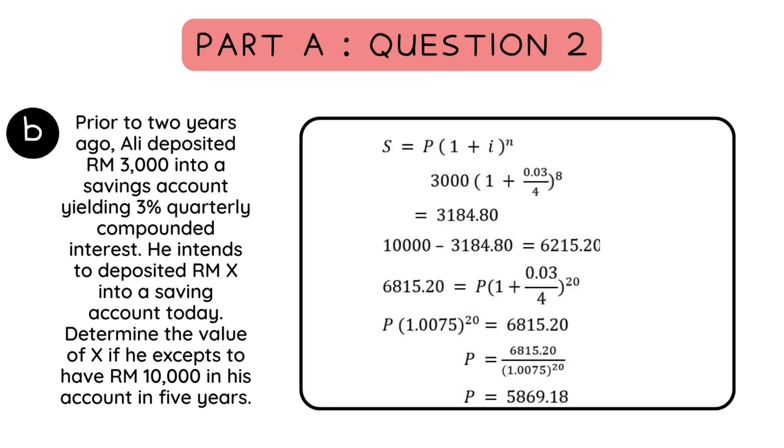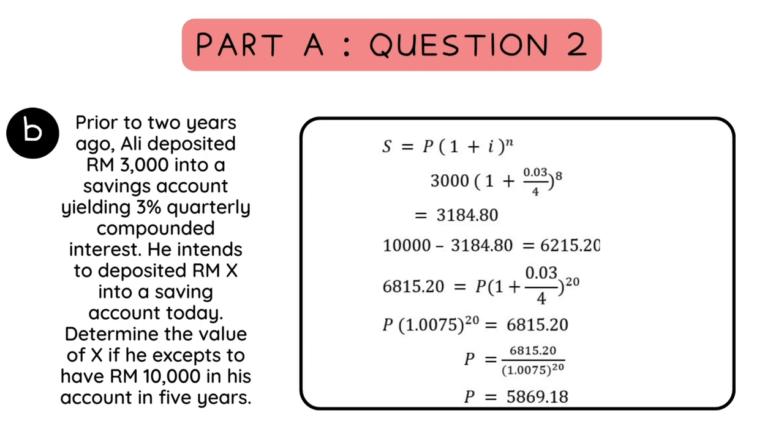And the answer is 3,000 open bracket 1 plus 0.03 per 4 close bracket the power of 8, and we will get the answer 3,184.80. And we will take the 10,000 minus the answer just now, and we get the 6,215.20. Next, we just use the formula just now,